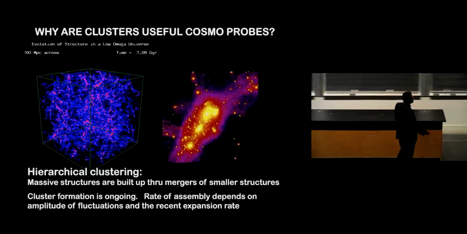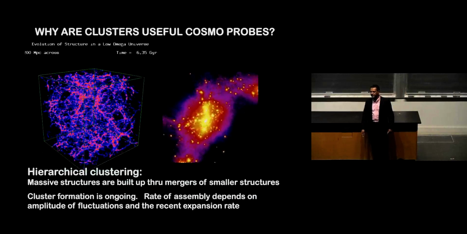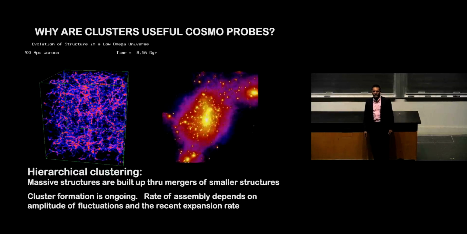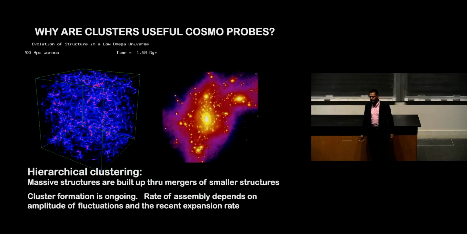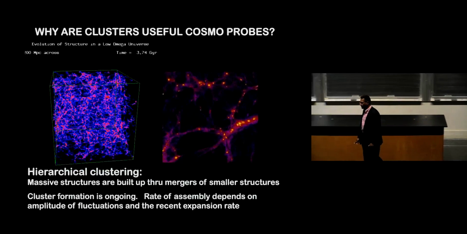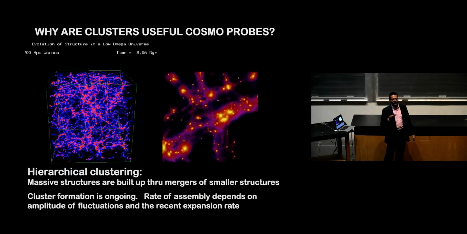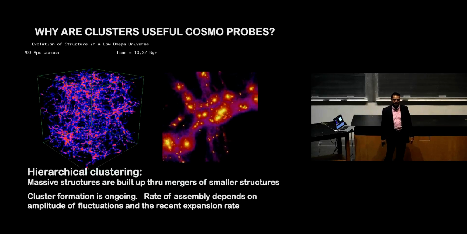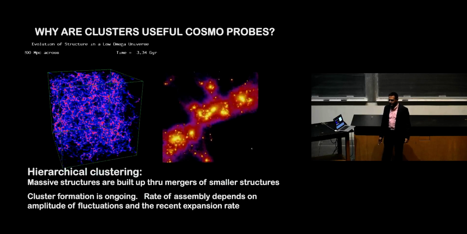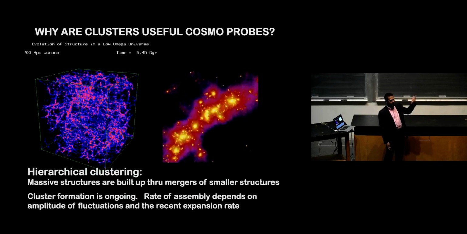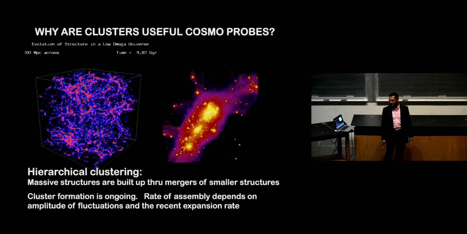But just to give you an idea, a typical cluster has on the average about 1,000 galaxies that usually are bigger than the Milky Way, whizzing about in these massive potential wells. And there's also a huge amount of dark matter, as well as a lot of baryons that are left over, have not formed stars, have been shock heated, are extremely hot, and radiate copiously in X-rays. So these objects are amongst the brightest X-ray sources in the universe. They are massive, and they have about 1,000 galaxies whizzing around at a velocity dispersion of about